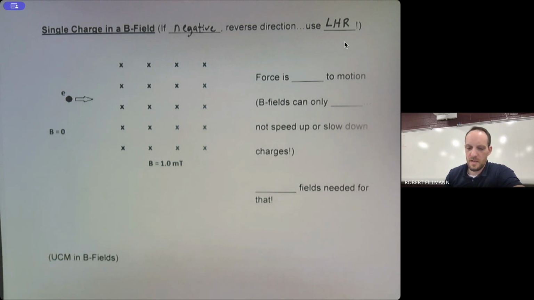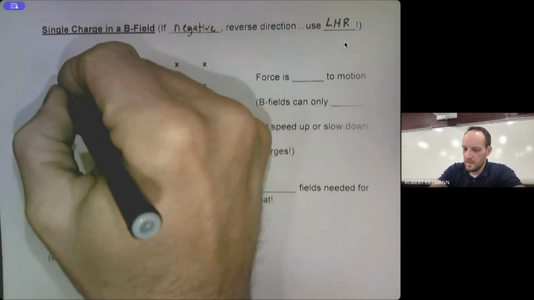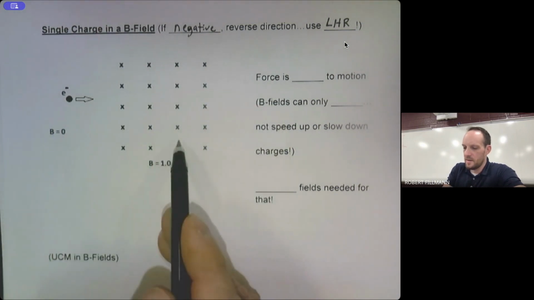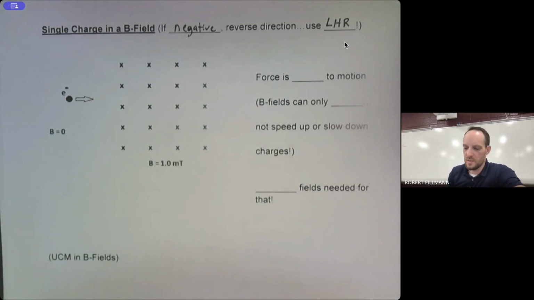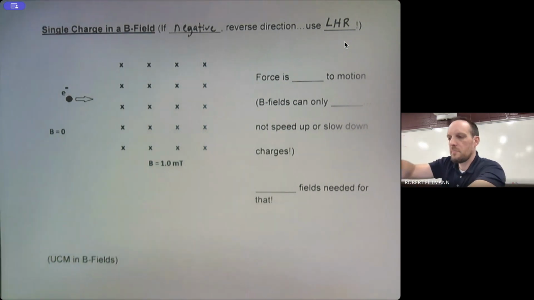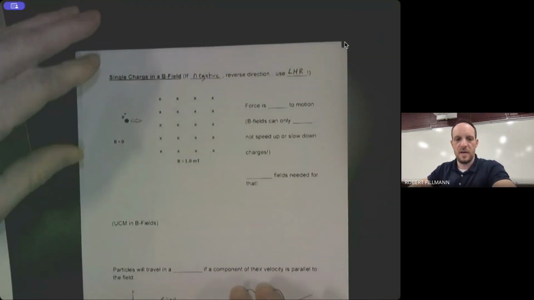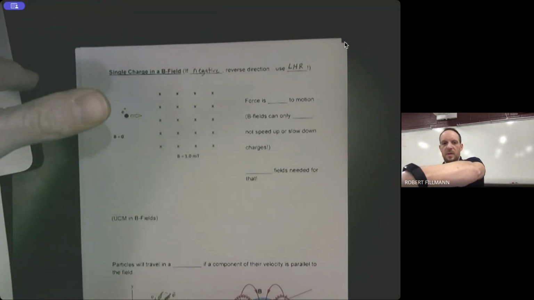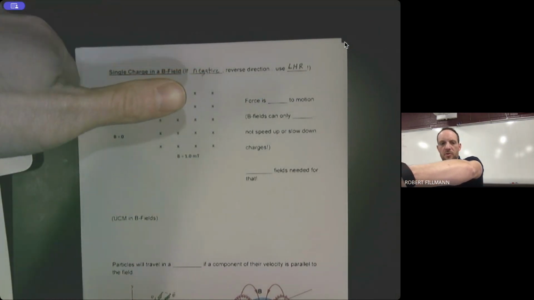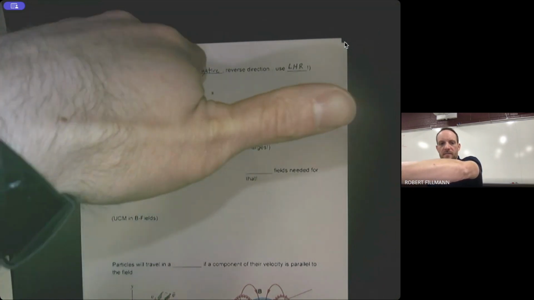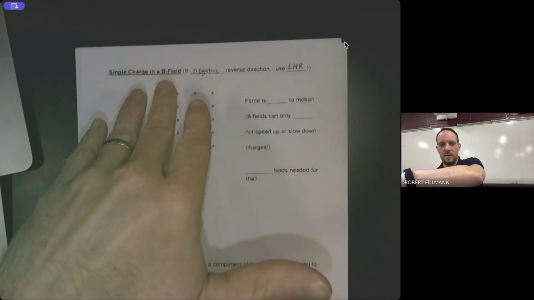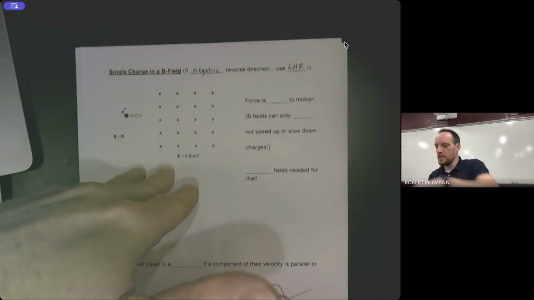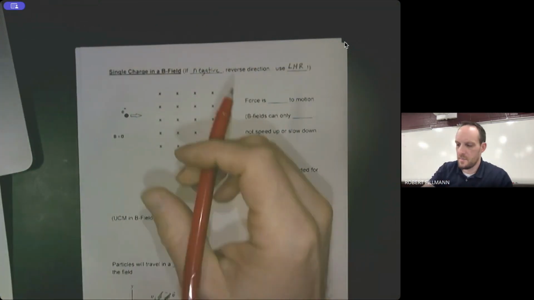So let's apply the left-hand rule, because this is a negatively charged electron. It's going from a region of no magnetic field to a magnetic field that points into the diagram. So I'll zoom out here again so you can see my hand. I'm using my left hand now. My thumb is pointing in the direction of the motion, which is to the right. My fingers are pointing into the diagram, into the page, and now the palm of my left hand is pushing down. So this electron, as it enters the magnetic field,